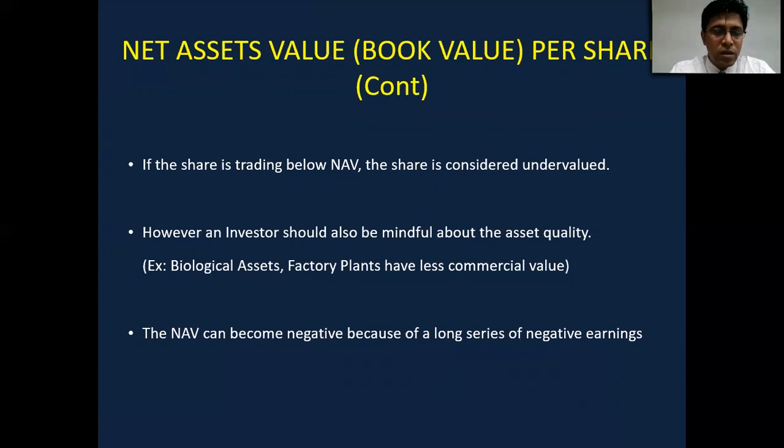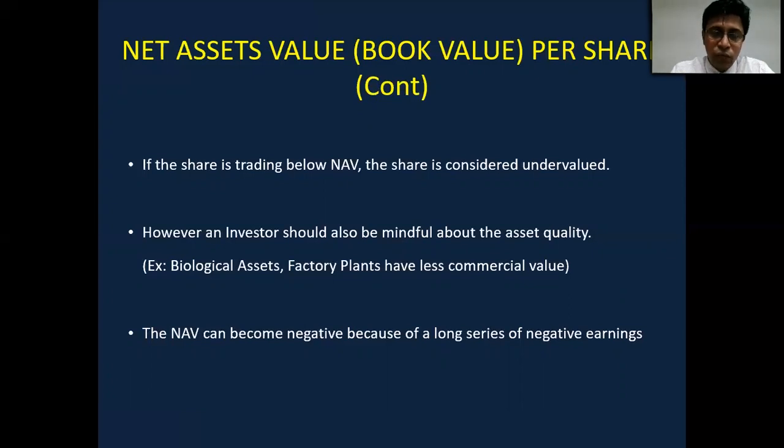So if a share of any good company is trading below the company's NAV, it presents a great opportunity for an investor. For example, if the NAV is 100 and the share price is 80, theoretically, if he buys 100% of the company and liquidates it, he will end up making a profit of 20 rupees a share, or a return of 25%. That is why a company is considered undervalued if its share price is trading below NAV.